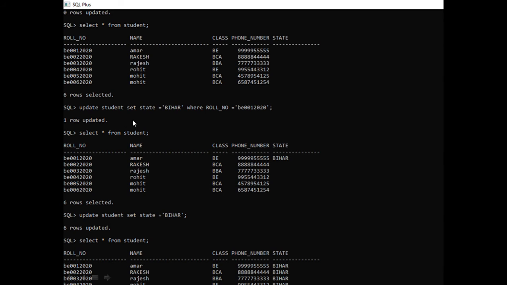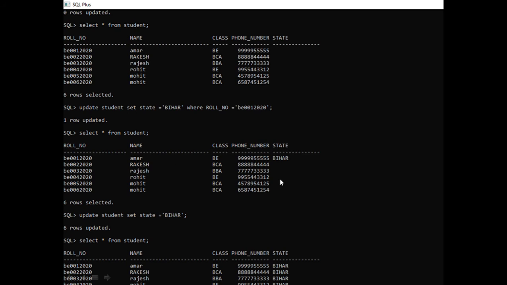After executing, this will give you the message one row updated. Now you can check select asterisk from student: roll number B0012020, name is Amar, class is B, phone number is this one and state is Bihar. By this command you can update or modify some value for a column.